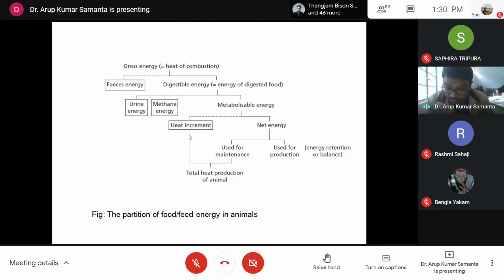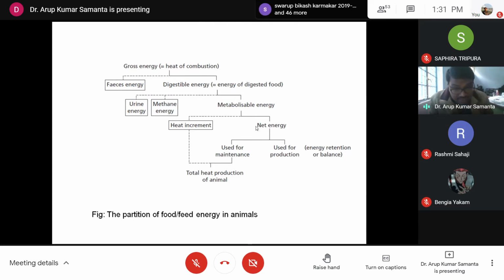Probably you have read it in 10 plus 2 also. So specific dynamic effect or specific dynamic action is nothing but the increase in heat production due to the metabolism of nutrients. Once the nutrients get metabolized, all the energy is not going to be captured. Some quantity of energy is going to be lost as heat. As the heat is lost, then you will feel warm. So you have to deduct that heat increment from the metabolizable energy, and you will be getting the net energy.